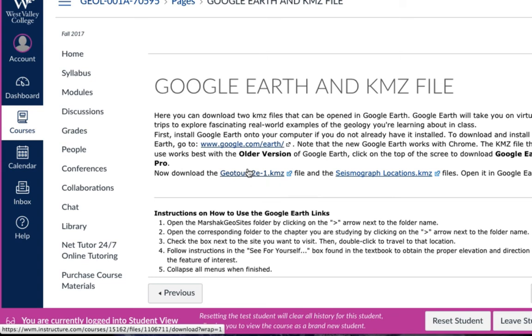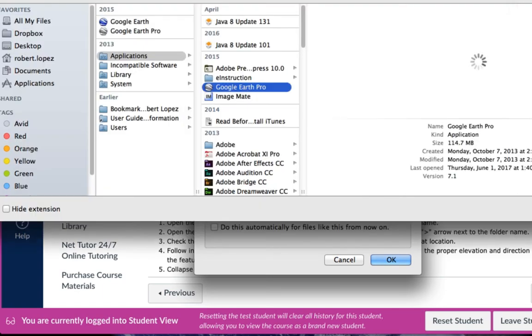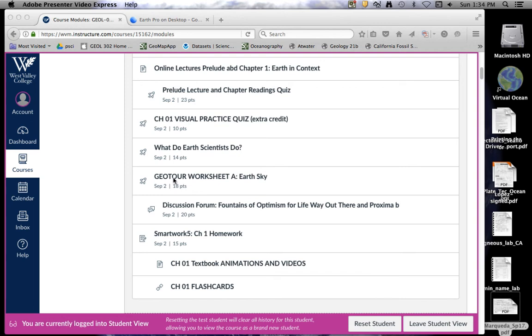Click on this one, and then it's going to ask you to open it. And so once you download Google Earth on your computer, you're going to choose to open this with Google Earth. You'll open it, and it'll open. I've already downloaded it on mine, so I'm not going to do it now. But that's how we're going to get to the Kmz files. In a later video, I will show you how to use Google Earth when we do this Earth and Sky. So when you click on the Earth and Sky assignment, I will have a video posted showing you the instructions